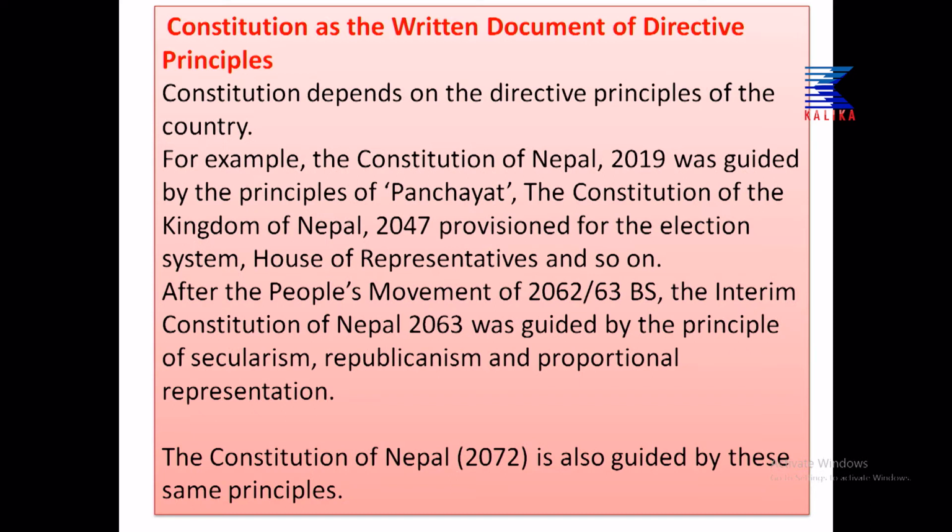Then after that, the Constitution of the Kingdom of Nepal 2047 had provisions for the election system, house of representatives and so on, because at that time democracy was regained in Nepal. After the people's movement of 2062/63 BS, the Interim Constitution of Nepal 2063 was guided by the principle of secularism,